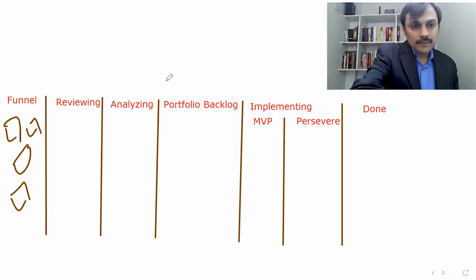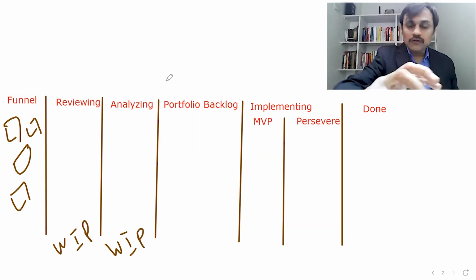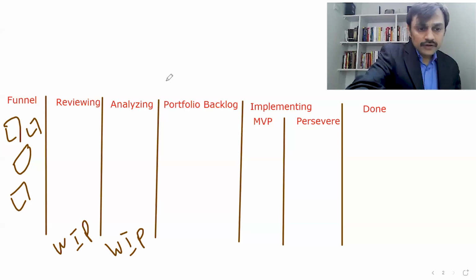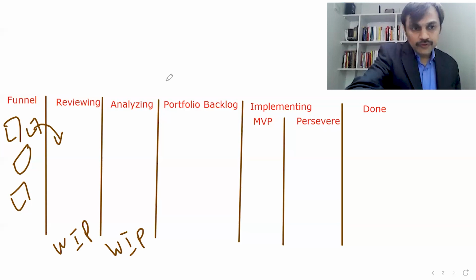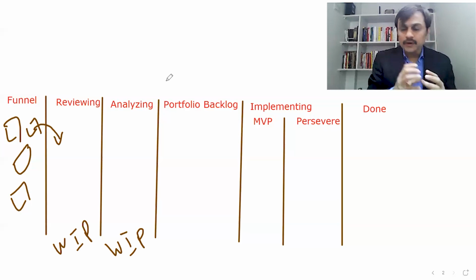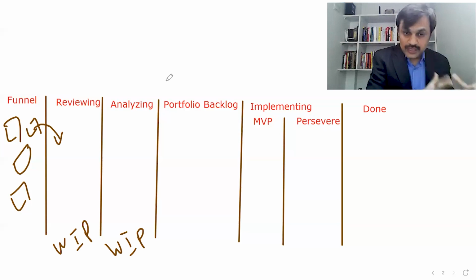We maintain some amount of work in progress for the later stages to ensure that not many initiatives are stuck in between. So we apply a work in progress limit. Whenever we have capacity available, we pick up. So who picks up? We use the word epic owner. The epic owner could be a business stakeholder who might want to evaluate and work on that particular epic to support the lean portfolio management in decision making.